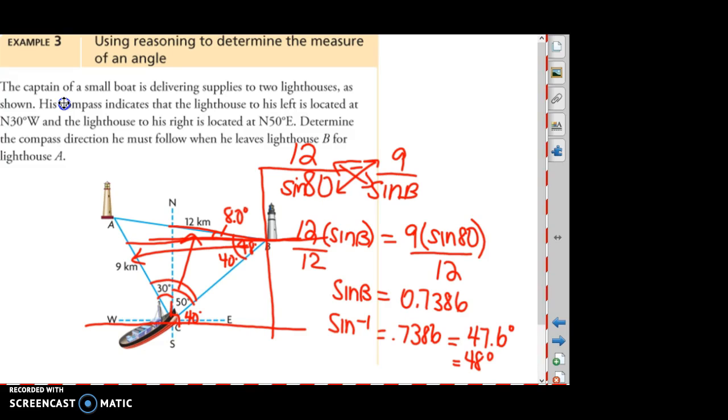Okay, so this means if he's traveling from the lighthouse, he is going to be traveling north and however many degrees to this way. So remember, this is a 90 degree angle. So 90 minus 8 leaves you with 82 degrees. So he's going to be traveling north, and this is north, east, south, and west. So he'll be traveling north 82 degrees